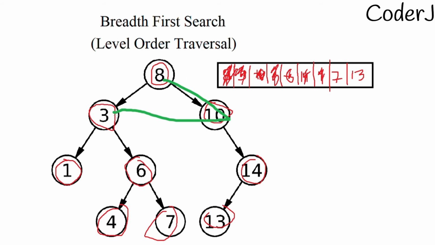I'll just tell you in a revised order again. We push an element. We check, does it have a left child? Does it have a right child? It's on you which child you want to print first. If it has a left child, you push it into the queue. If it has a right child, you push it into the queue. Remove the first element from the queue. Always the first element.